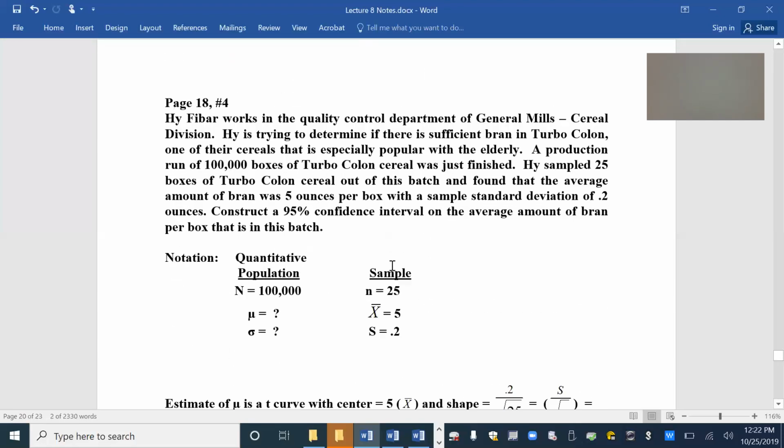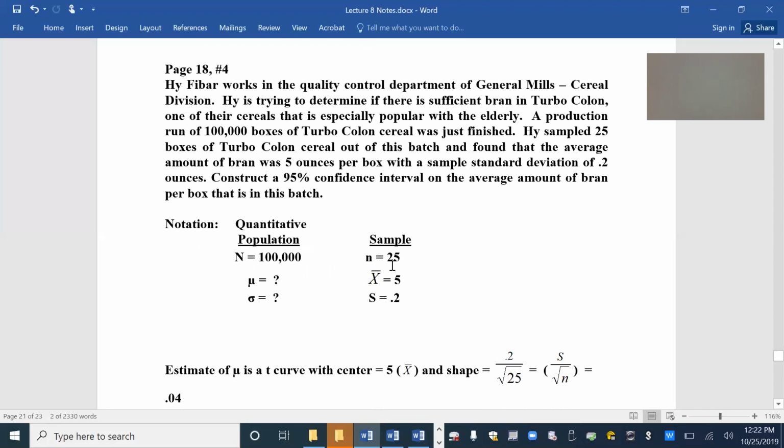All right, and finally, our last problem. High Fiber works in the quality control department for General Mills cereal division. He is trying to determine if there's sufficient bran in the Turbo Colon, one of the cereals that is especially popular